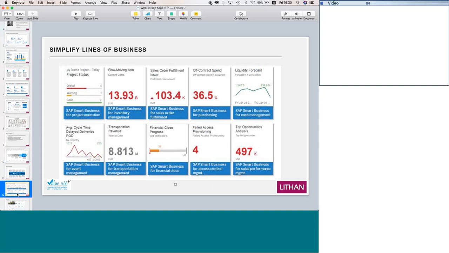Now, we talked about complexity of solutions, complexity of processes. How is HANA going to simplify it? If you see the screen over here, please read what is written in blue. SAP HANA gives you apps. I repeat, apps. Just like the way you have apps on your phone, be it Android, be it iOS, similarly, SAP has several apps.